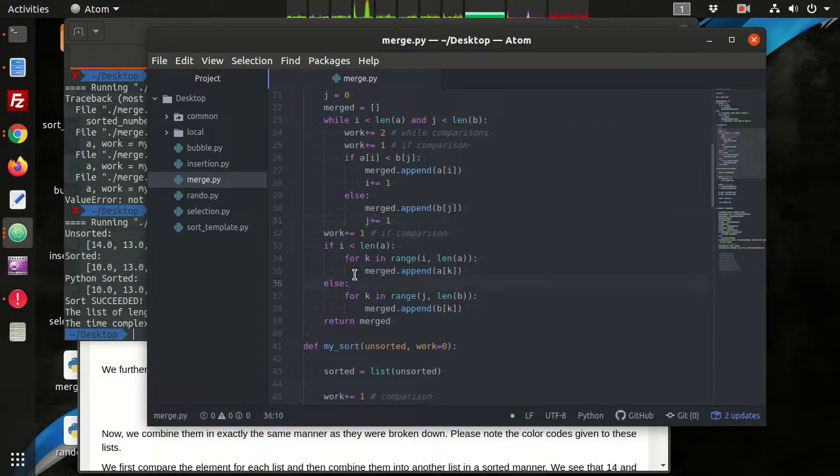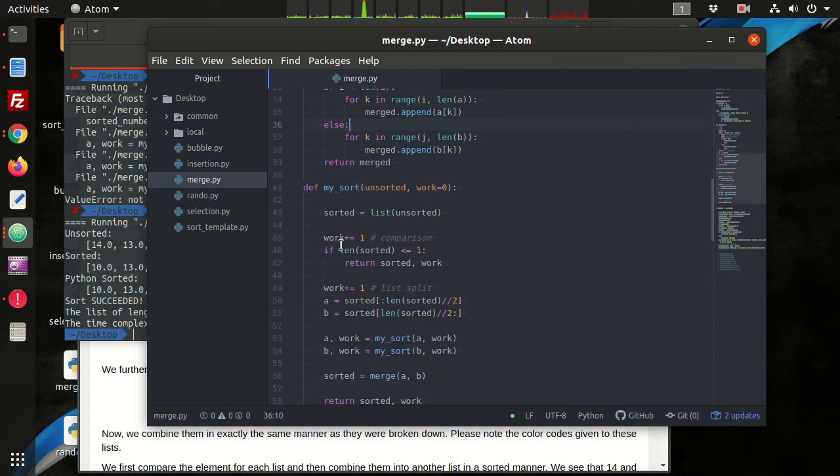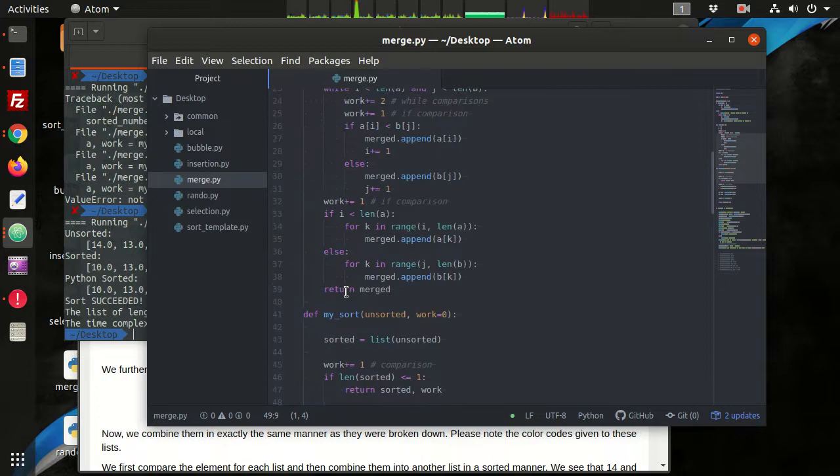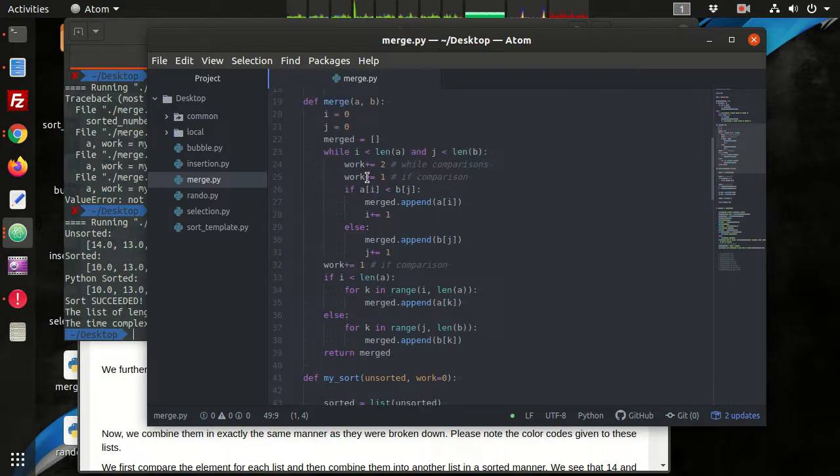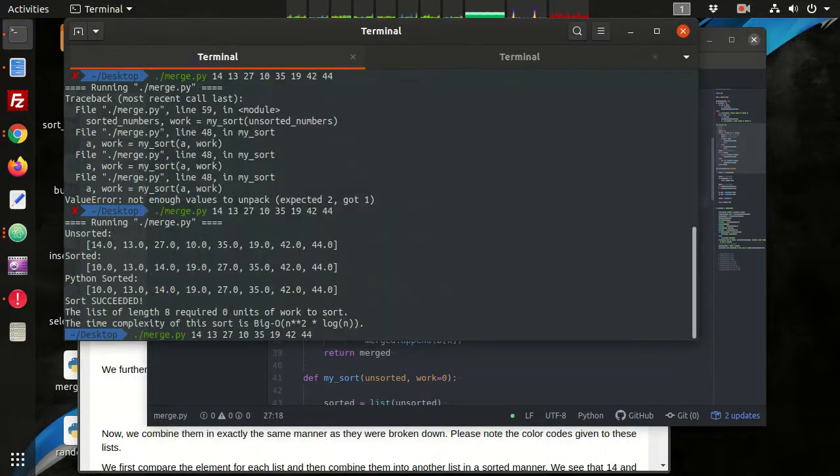And so that should be all of the comparisons, but we have quite a few comparisons, right? We're adding work 1, 2, 3, 4, 5, 6 times. Most of the other algorithms we don't do that, but we're going to compare these and see how efficient this is. So let's just run this